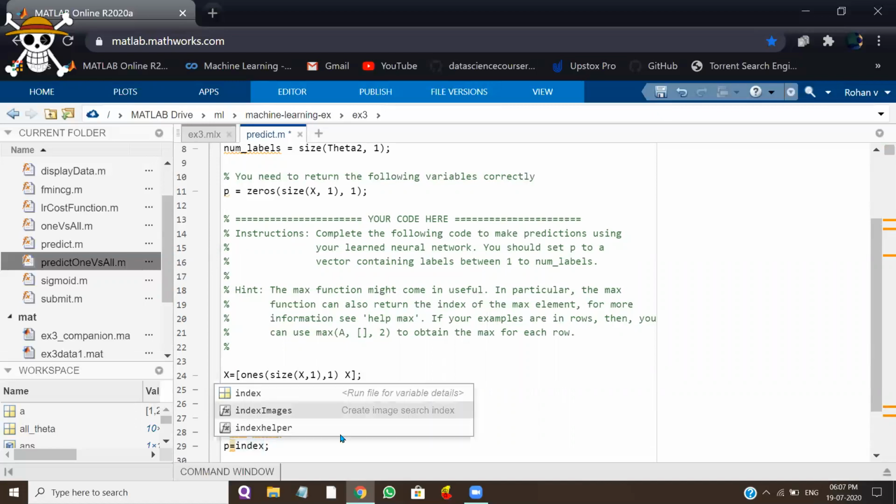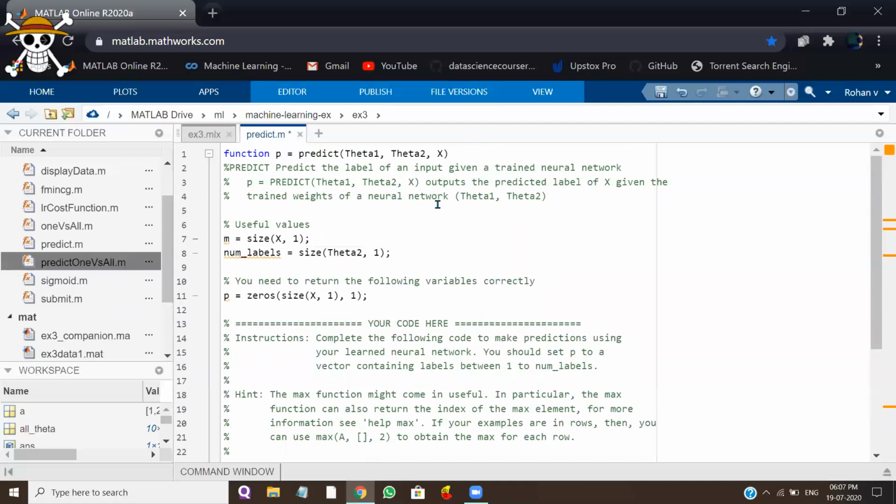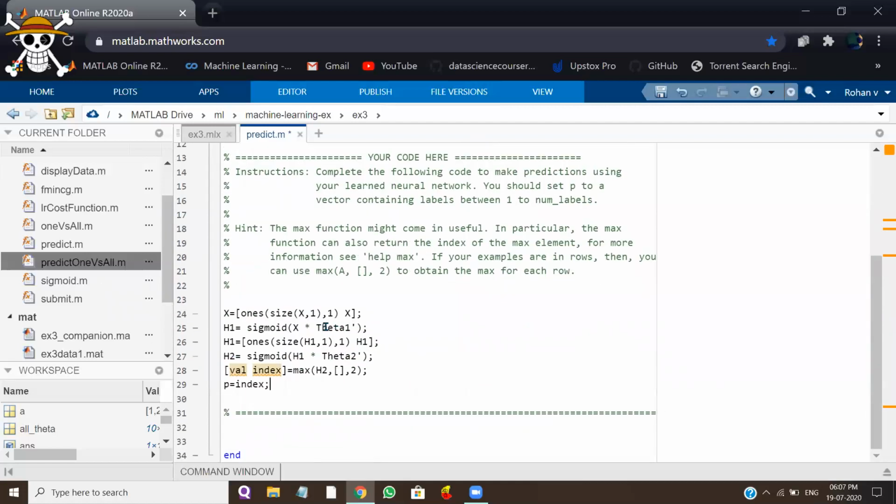What this basically does is, we have here theta1 and theta2. With respect to theta1 we are calculating the hypothesis, and similarly with respect to theta2 we are calculating the hypothesis. Whichever matches the best, we are returning the index.